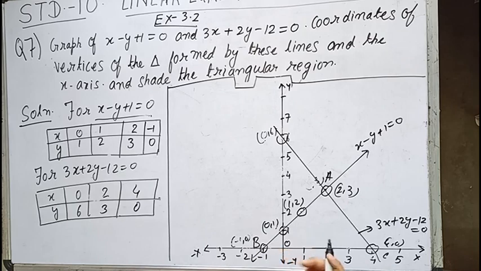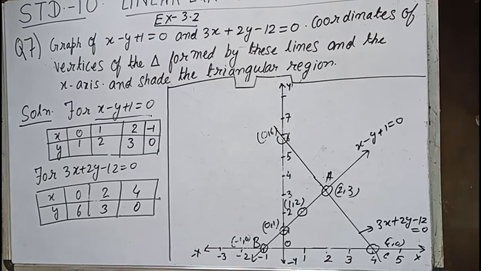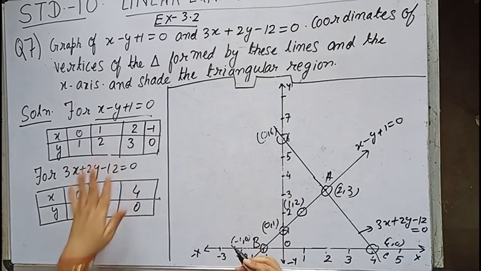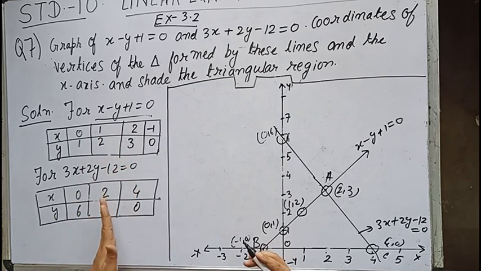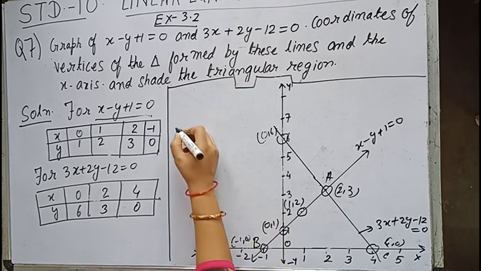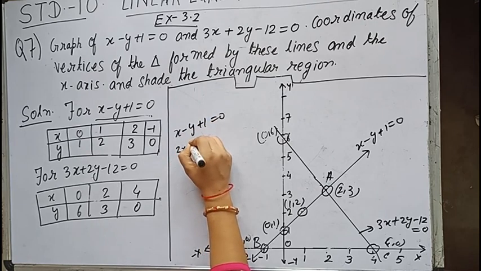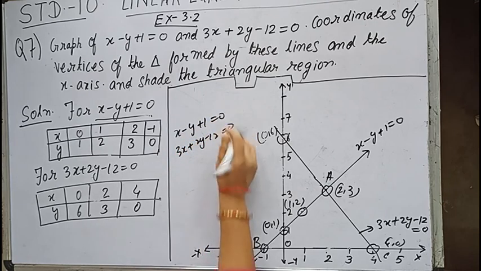Now suppose, children, this point 2, 3 was some other point. Suppose this point 2, 3 which we have got in this equation, in another question was not mentioned. I mean we haven't taken 2, 3 as one of the points as we have got over here. Then in that case this point 2, 3 we have to calculate. That is, we have to solve this equation and get this point of intersection.